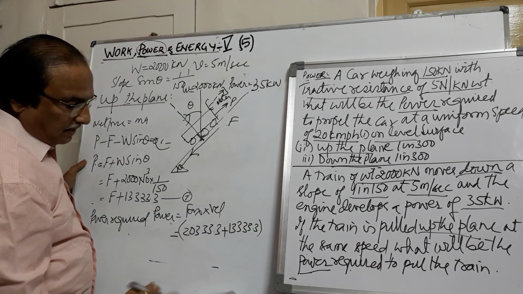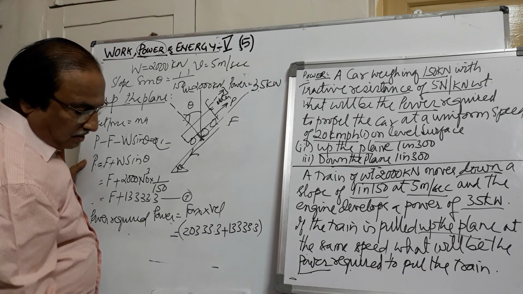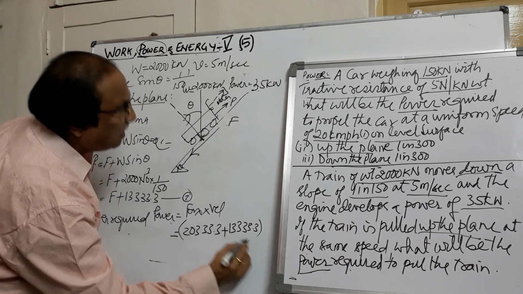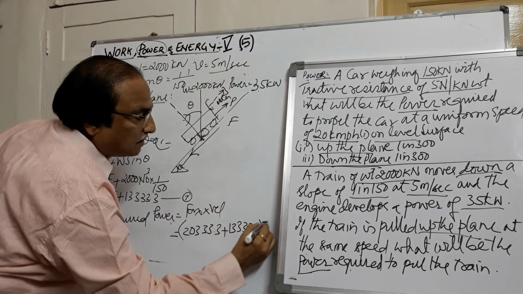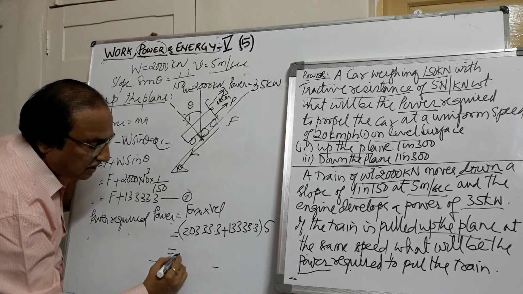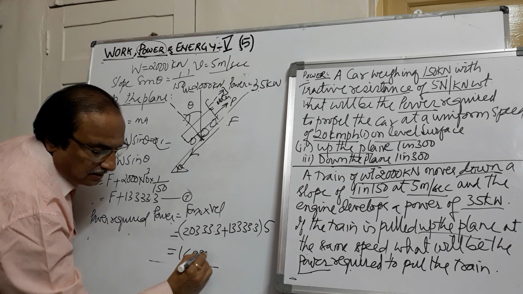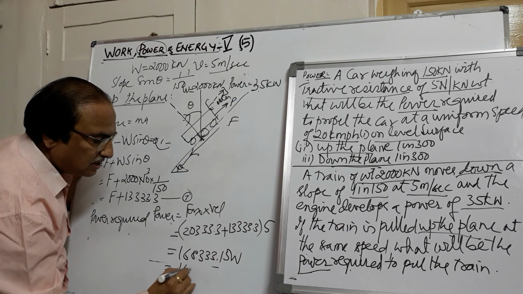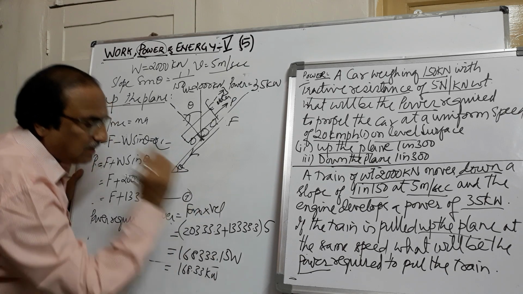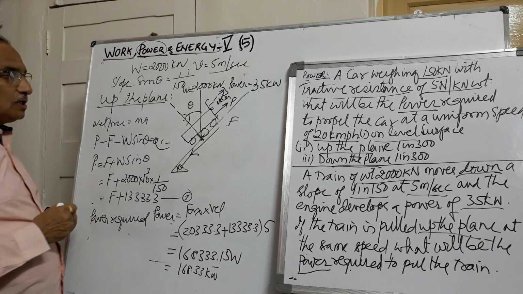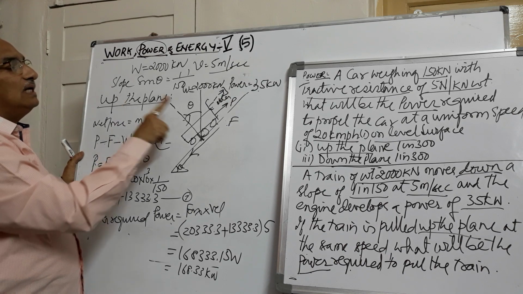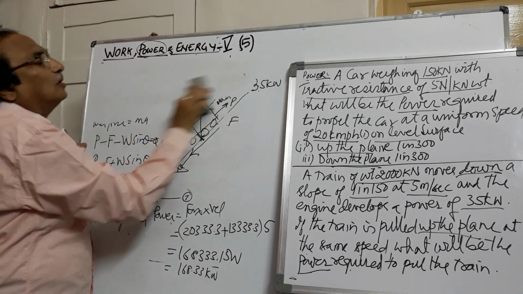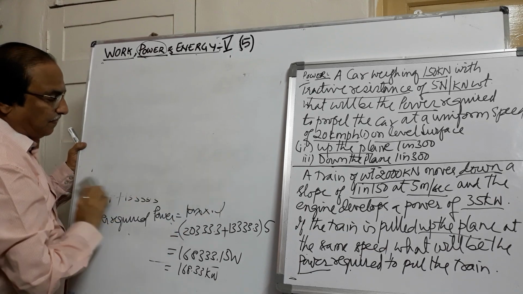into, we will have to multiply this by the velocity, and this velocity what we get is 5 meters per second. So this value when you multiply you get 16833.15 watts, or if I go in kilowatts it will be 168.33 kilowatts. So this is the motion up the plane, down the plane. Give the direction and write the force of friction opposite to the direction of motion. So these are the variety of problems that you will be seeing under power chapter.